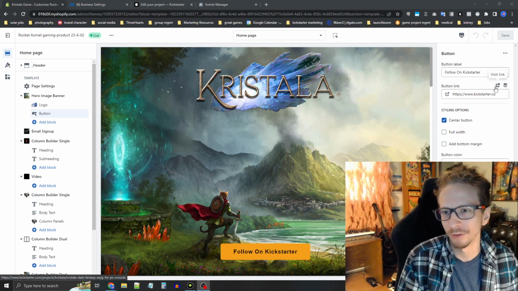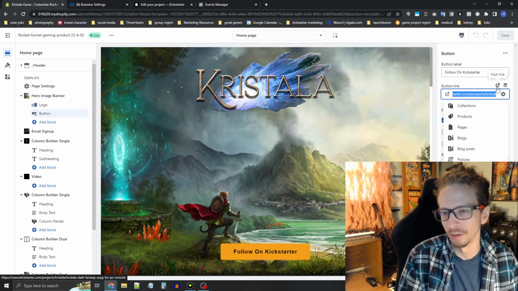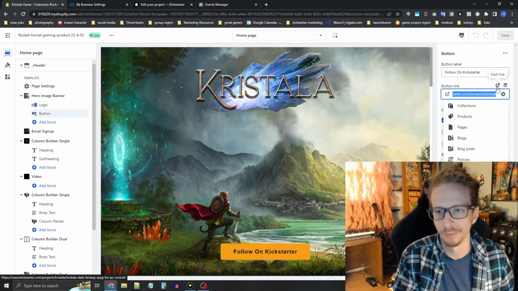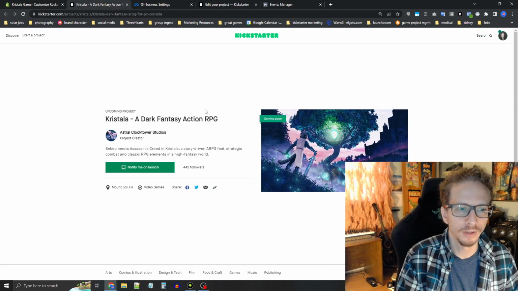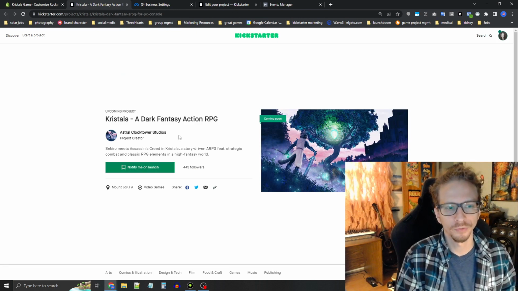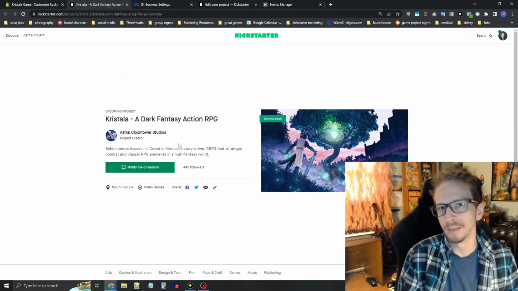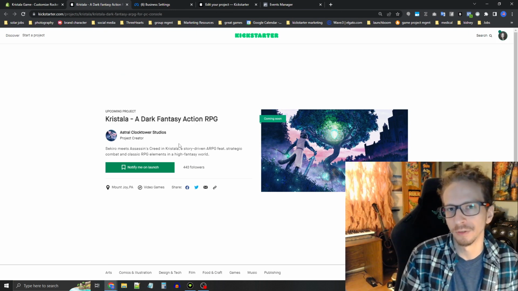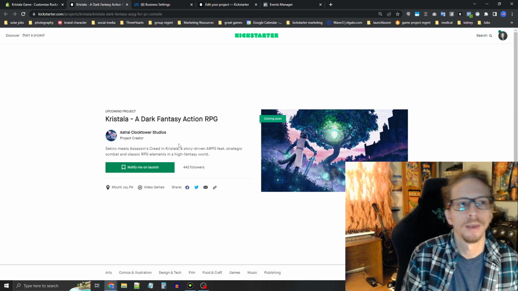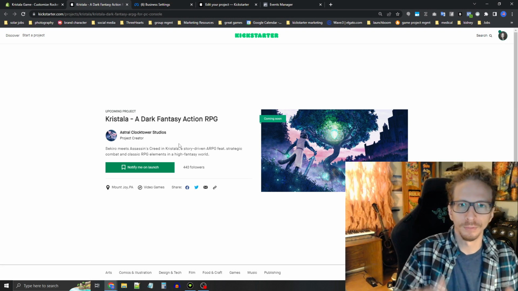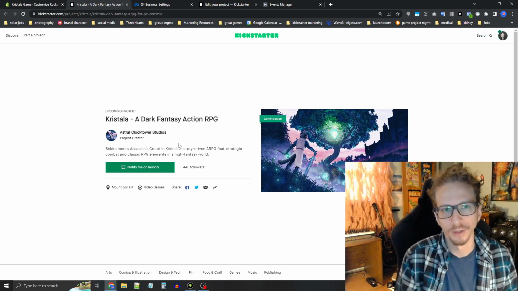I already have it hooked up here. So you'll see under button link here on the right, the URL link for the Kickstarter pre-launch page. So when they visit here, it's going to say notify me on launch. When they click that button, they're going to get an email when you go live on Kickstarter saying, hey, we're live now. So the next step, of course, to set up this whole system is you're going to need to